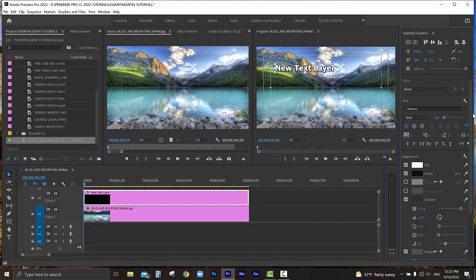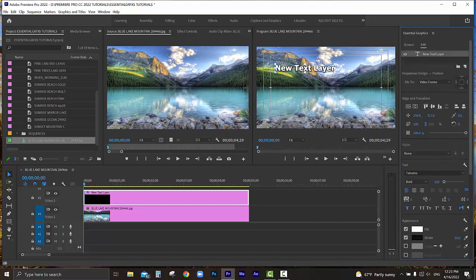So that's pretty self-explanatory. Now you simply double click up here where it says New Text Layer in the Edit window, and you can start typing whatever you want, right? I'm going to highlight that, and I'm going to type in my credits, right? As an example, I'll just do a few, and just like we did in the rolling title in the Legacy Titler,